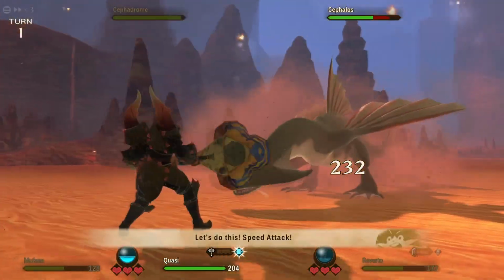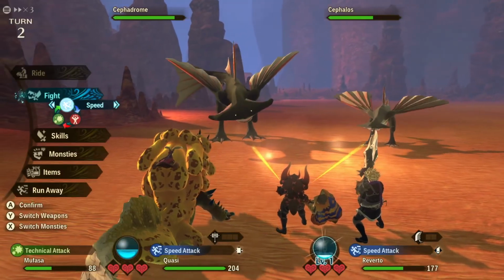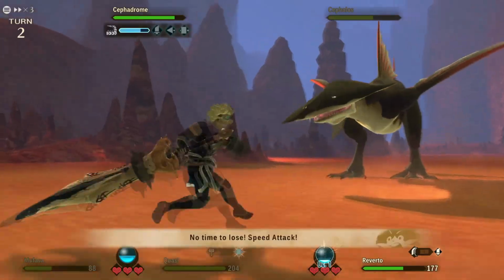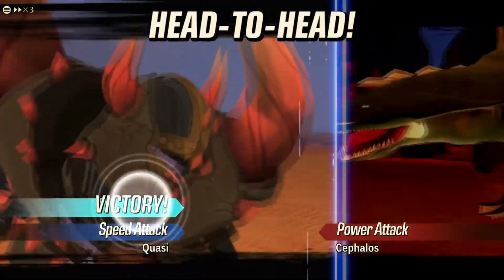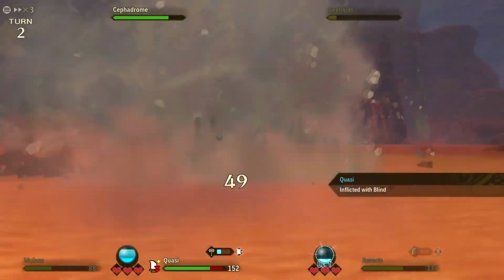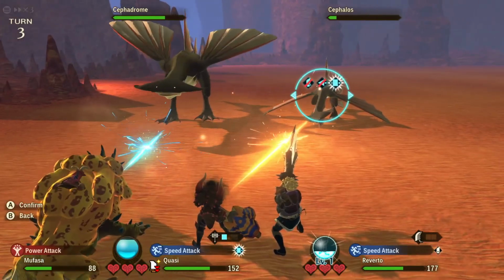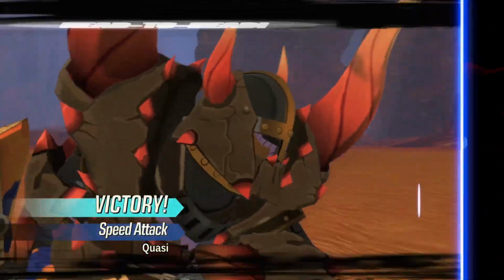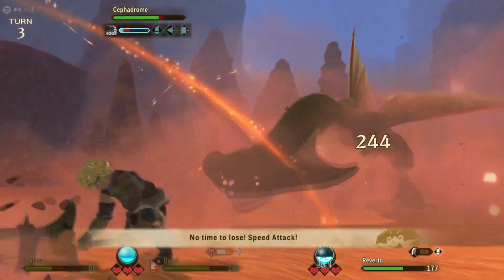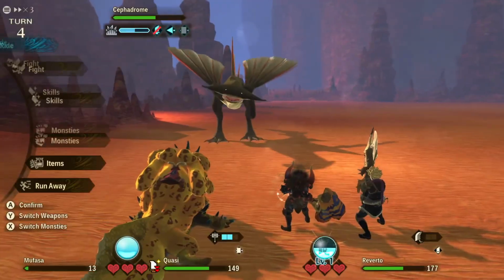Boom. Oh, actually, yeah. Okay, I actually thought the big one was technical with their speed. I just knew the tiny ones were power. Ow. Get tail slapped. Does it seem like my kinship gauge is filling up faster? Time to finish this. I don't know, it feels like it's just going up super quickly. Is that something I have on maybe my weapon, or...